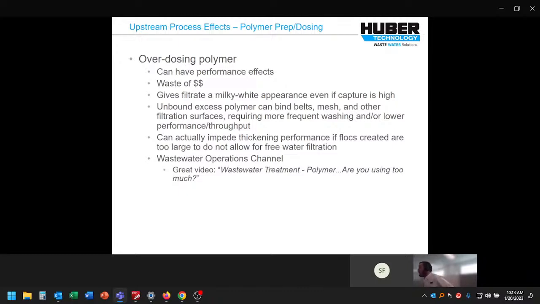And it can actually impede thickening performance, in particular if flocks are created that are too large and do not allow for free water filtration. So a great video, and unfortunately I was not able to get permission at the time of this presentation, but this is a great video to see the effects of overdosing polymer. This operator actually has a Huber S-disc thickener and goes through overdosing versus correctly dosing polymer and the effects that